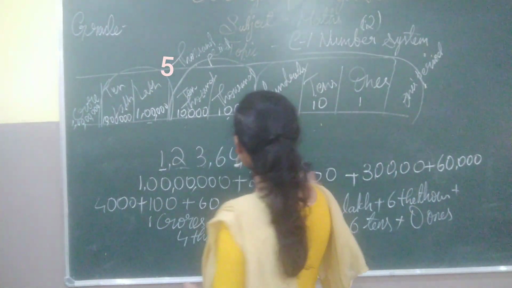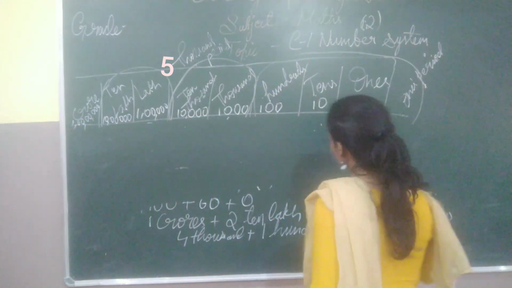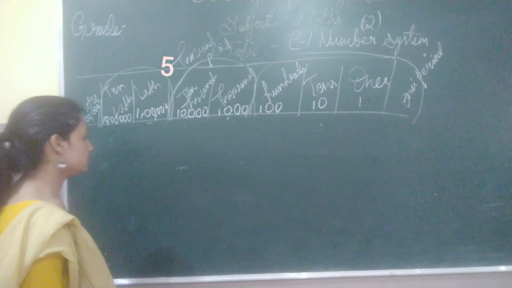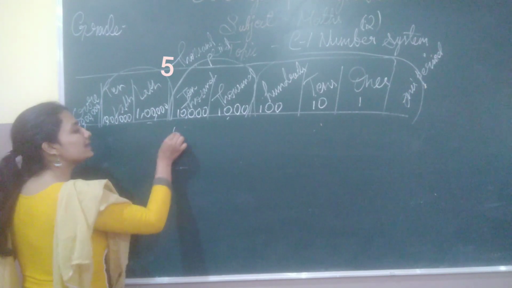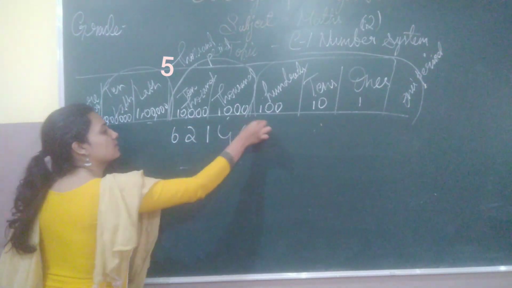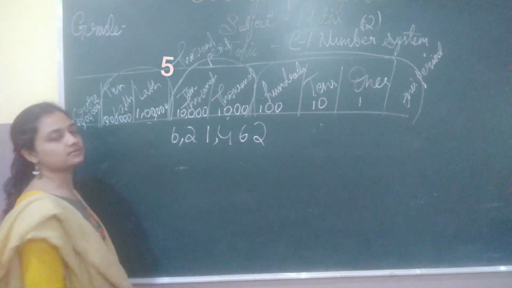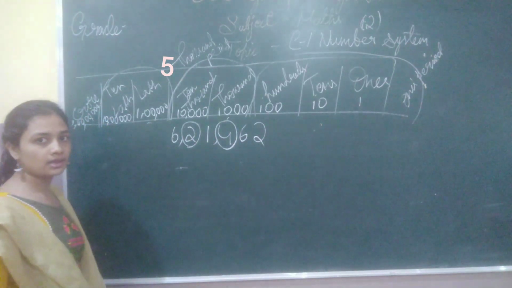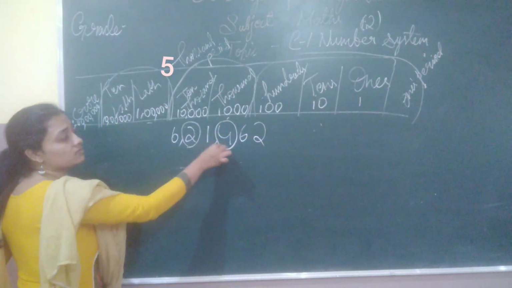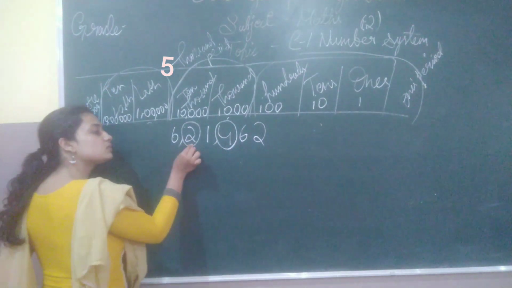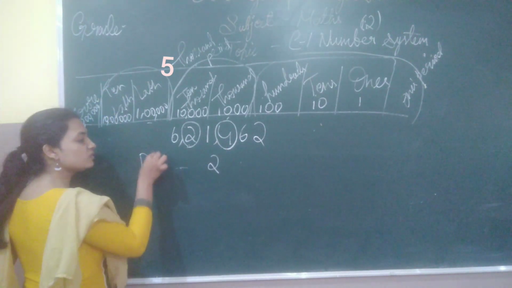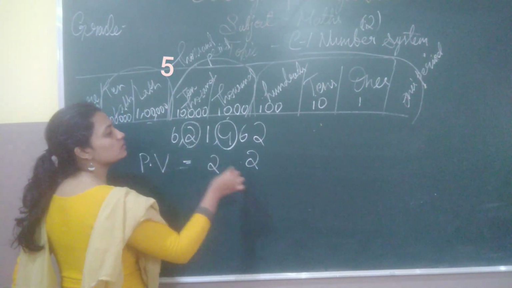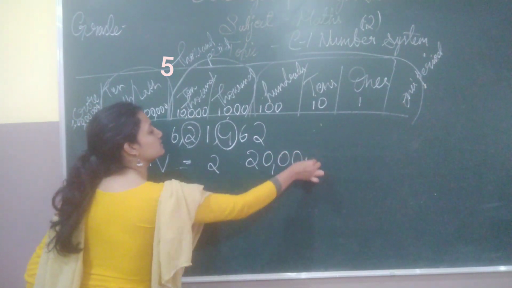The next part is finding the place values, which you have already learned in your previous video. But still, let us learn here some more additional techniques. Let us take a number and place the comma. I am going to mark two numbers in it. I have to find the place value of these two numbers. What is the place value of 2 first? Let me write PV for short form. Place value of 2 is in 10,000 place. So 20,000.